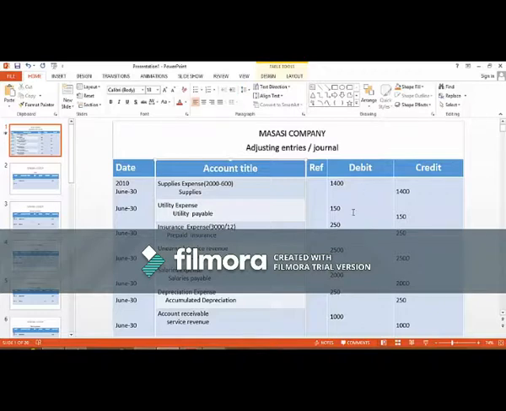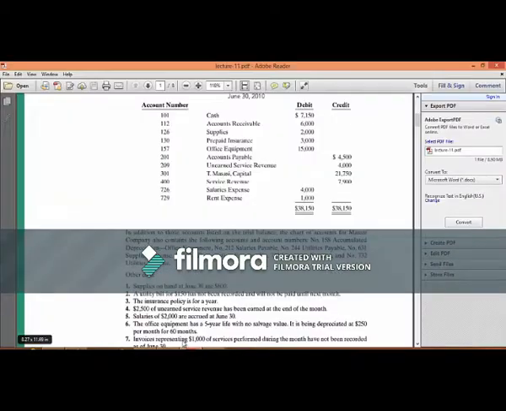So we will get 250. So insurance expense becomes debit 250, and prepaid insurance becomes credit 250. Next one is